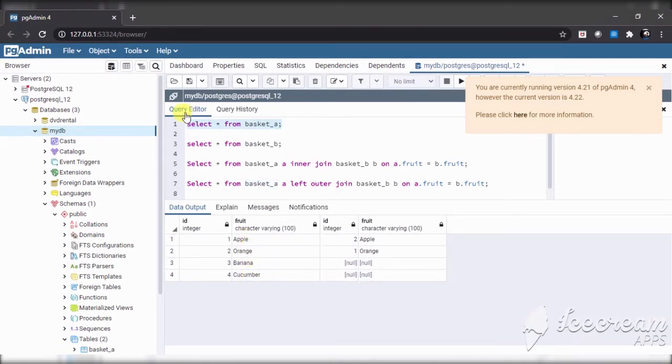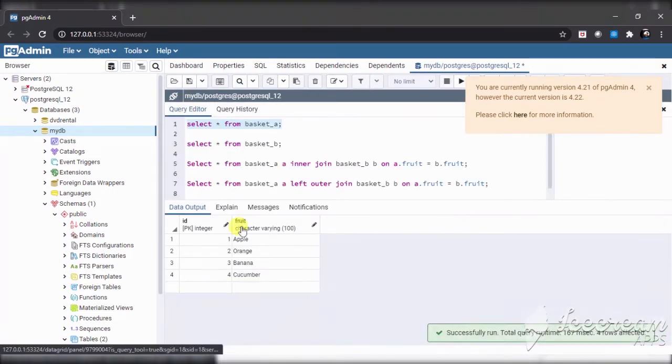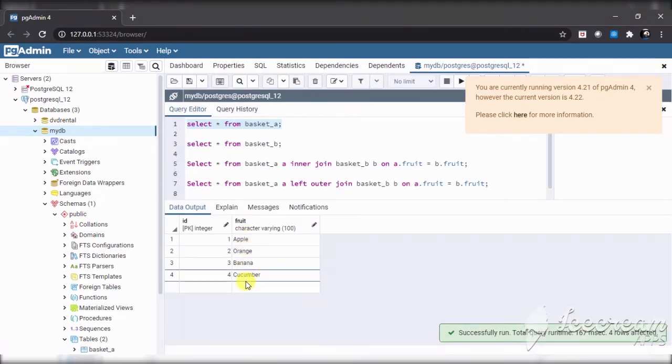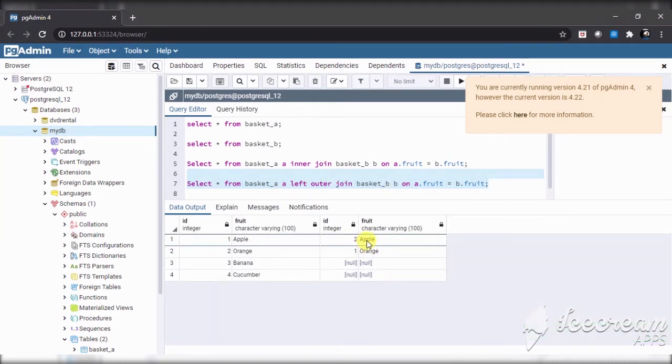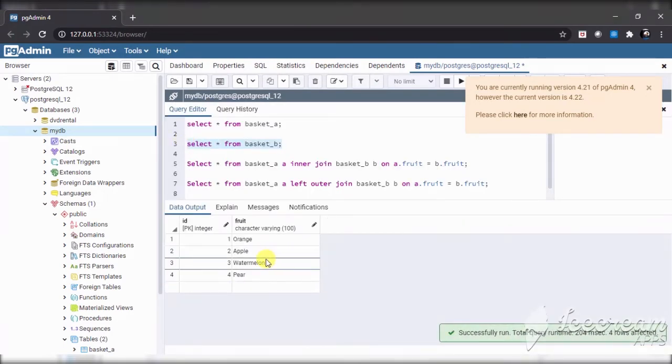And from basket B it will give only the matching records. The matching records are apple and orange, and if you see, watermelon and pear are not present in the output of this join.